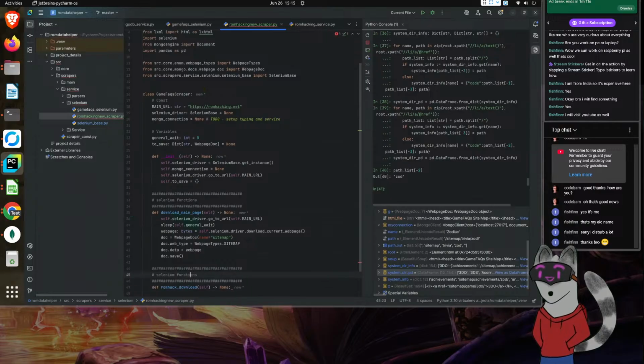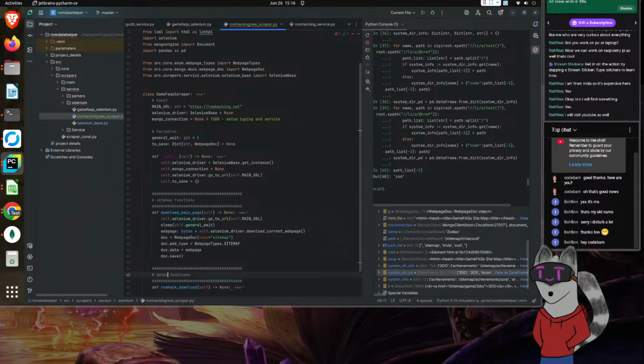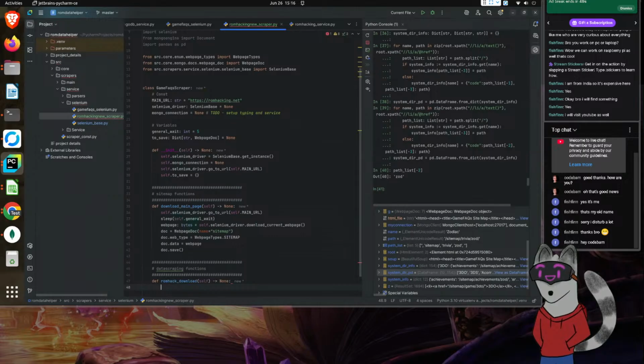We'll call this sitemap functions for now. So yeah, this is sitemap functions. This will be the database or data parse or data scraping functions. And we'll be doing ROM hack download.